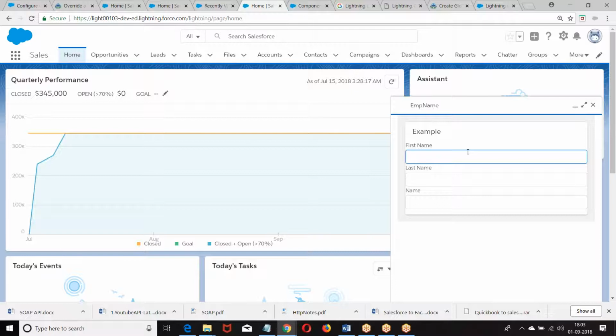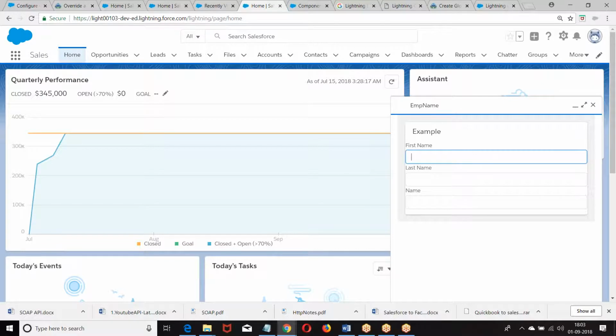Now here the only difference is how to create that action. Once you click on that, a component is invoked. On the component, you can define events. On the component, you can call a controller. On the component, you can apply logic. Rest all the things are going to be the same way that we have done till now. Are you clear with this? Rest all the things are going to be exactly the same.